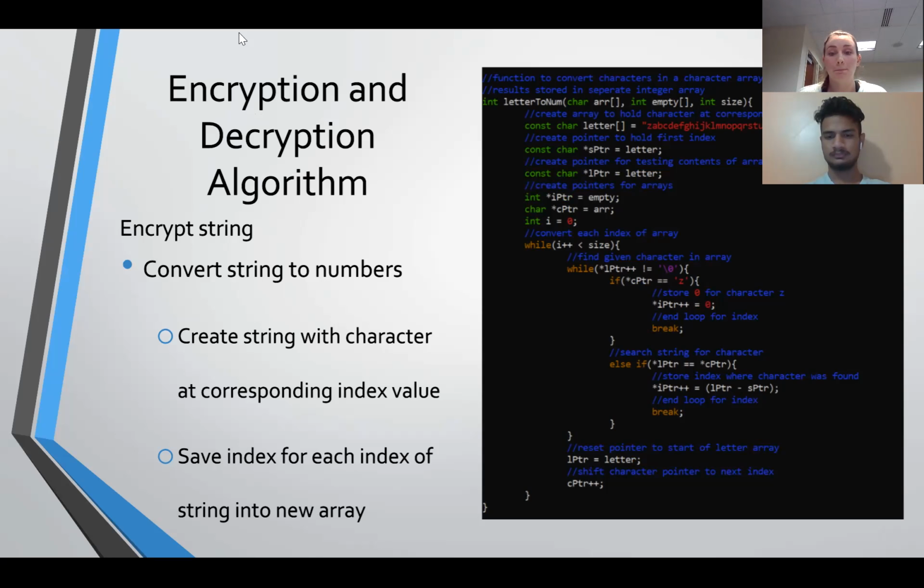And that helped to assign and go through as we did a loop throughout the entire index. We tested the character at each index of the string and compared it and tried to find that same corresponding letter in our letter array. When we found the same letter, the index that letter was at is then saved in place of the original letter in the